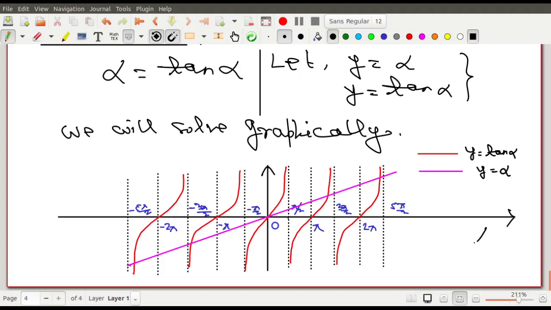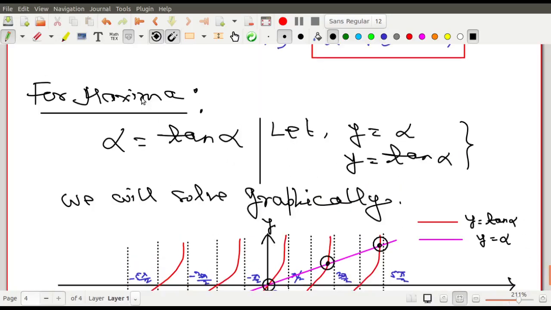alpha. So this side I am plotting alpha and this side I am plotting y, and the intersection gives you the solution. So this intersection gives you the solution of alpha, right? The solution of this equation alpha equals to tan alpha, and there is one more solution at the origin. Origin is definitely a solution because at alpha equals to 0, alpha and tan 0 give the same value. Tan of 0 is 0 and alpha 0 is also 0. So 0 is also a solution, but you know that alpha equal to 0 is the principal maxima,